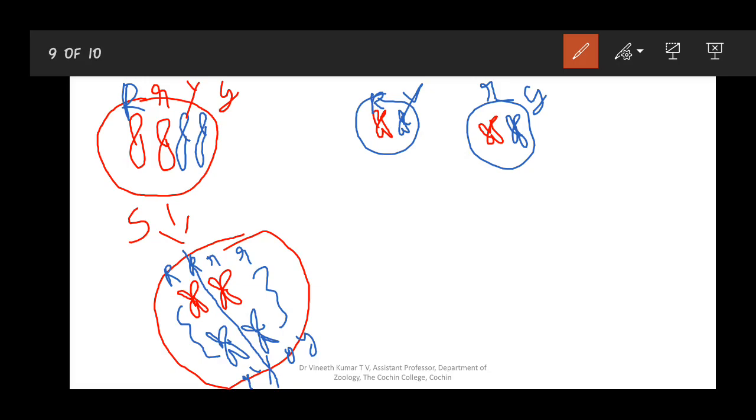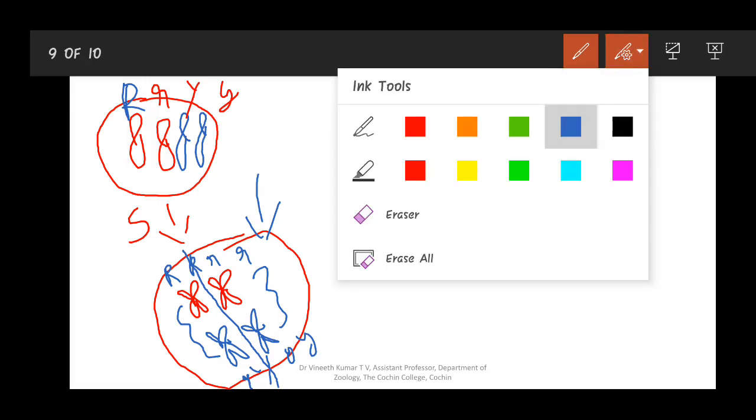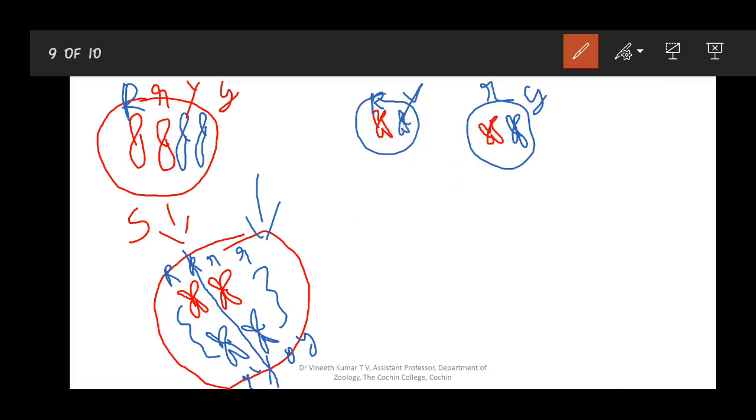You cannot insist the chromosomes arrange in this particular manner. We cannot insist that only the capital letters, or the dominant letters, should be present on the same side. There is a possibility or probability of another type of metaphase arrangement. That is what is to be noted here. So this is the normal one, what we normally consider: these two moving on to the same side, the other two moving on to the same side. This is one pattern where the capital letters are on one side and the small letters are on the other side.